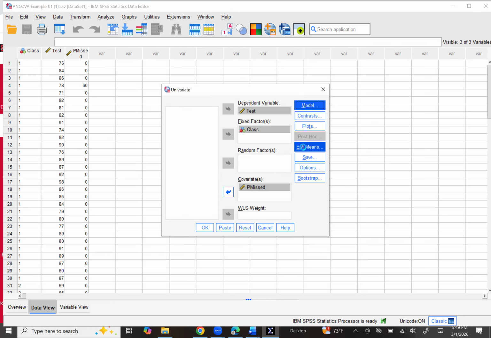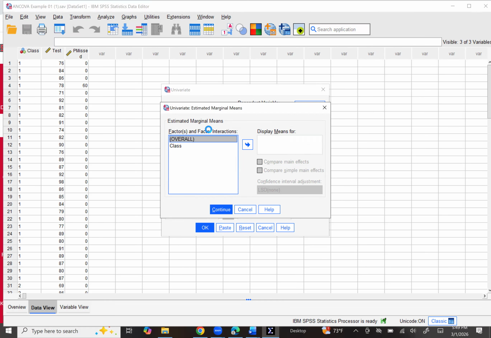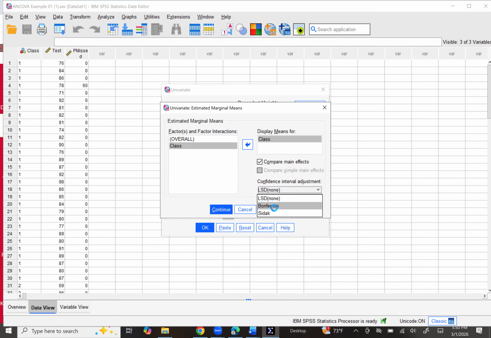I'm going to click on the EM means, and I'm going to move class over to the display means for. I'm going to make sure we've got compare main effects checked. I'll use this drop down menu, and we're going to choose the Bonferroni. And we're going to make sure that we've already got compare main effects checked there. So we're going to go to continue,